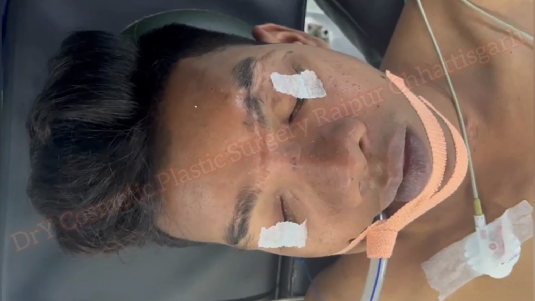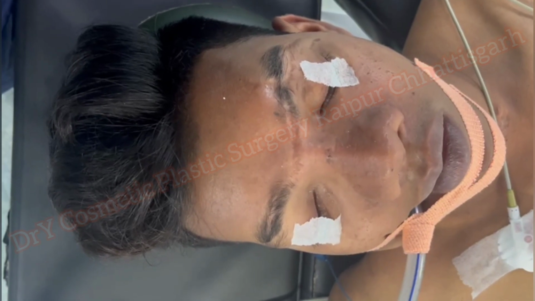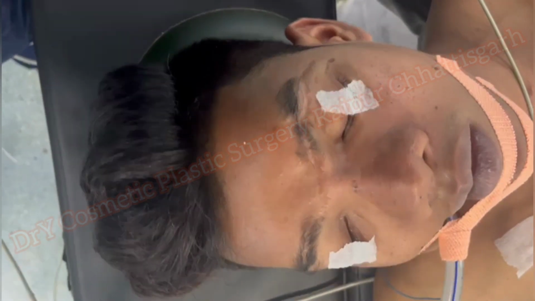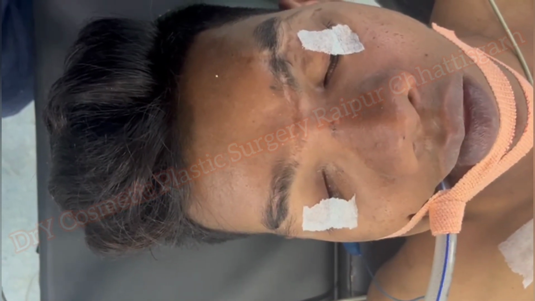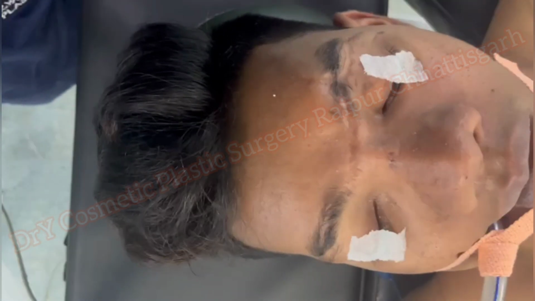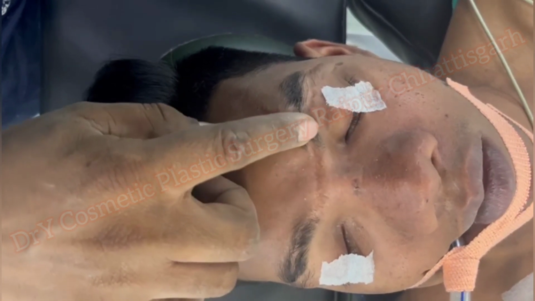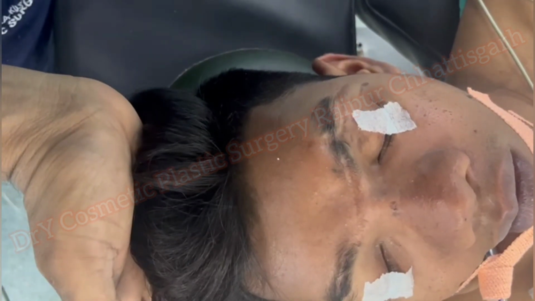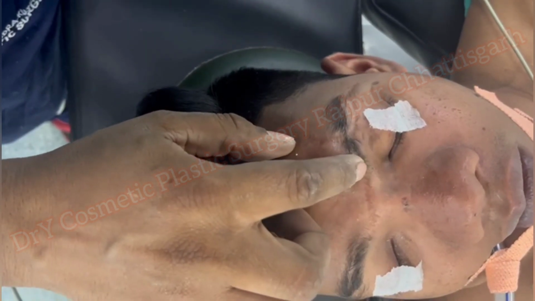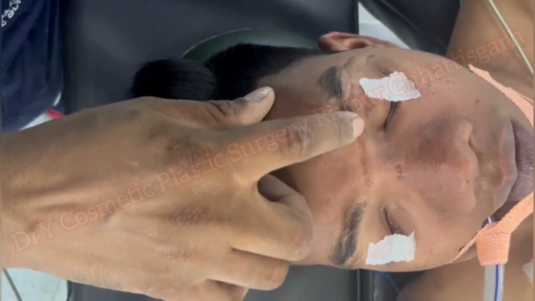Hello, good morning everyone. This patient presented to us for rhinoplasty surgery. The patient has previously been operated on for multiple mid-face bone fractures, along with orbital bone and nasal bone fractures, and this is the scar, which should not be opened again. Ideally, the whole frontal skin should be elevated for this fracture to be operated on, but this should not happen, and this scar is there.